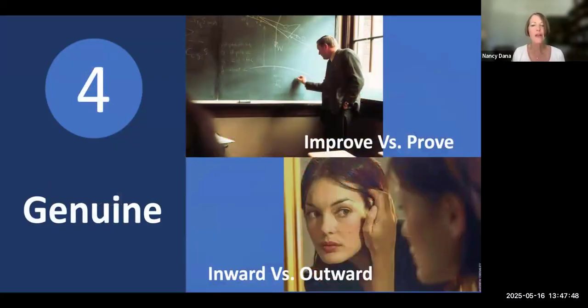So I'll begin with the general notion that the fourth component is that your question needs to be genuine. So what does that mean? It means it needs to be a question that you don't already know the answer to. So I will share with you that in the work I've done with hundreds and hundreds of teachers, sharing this